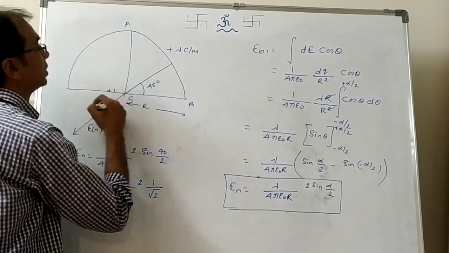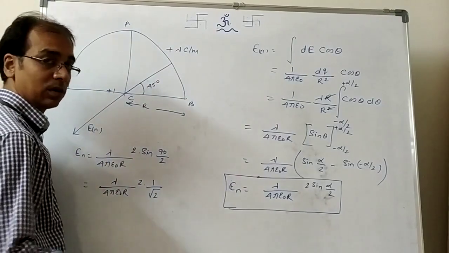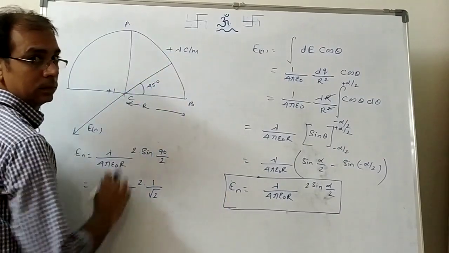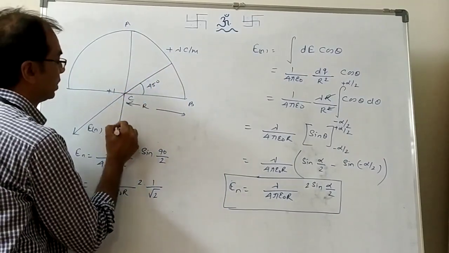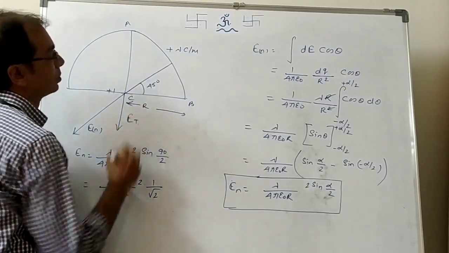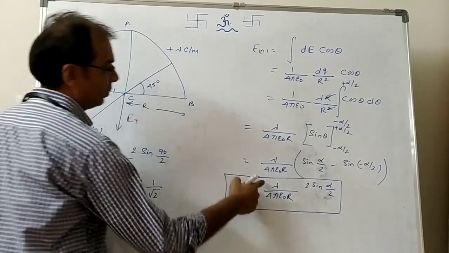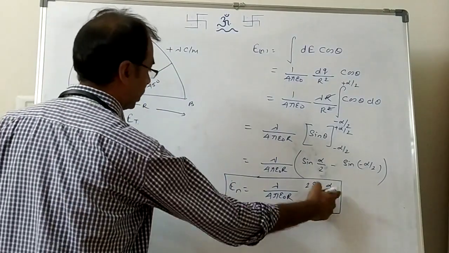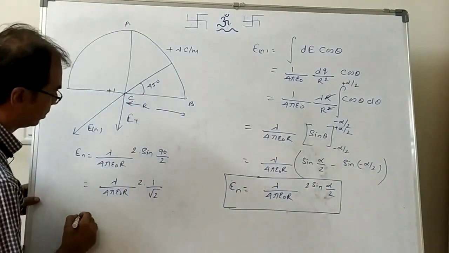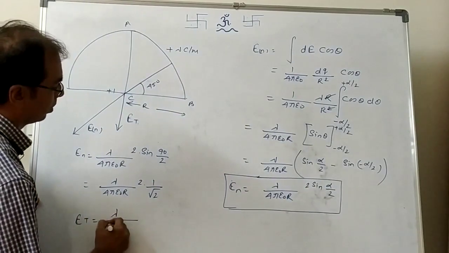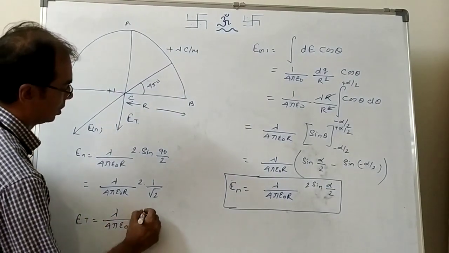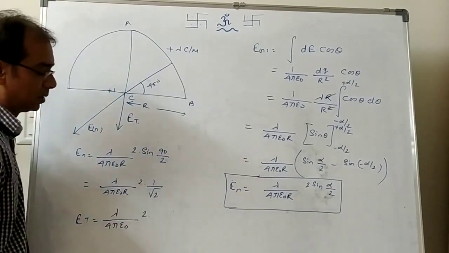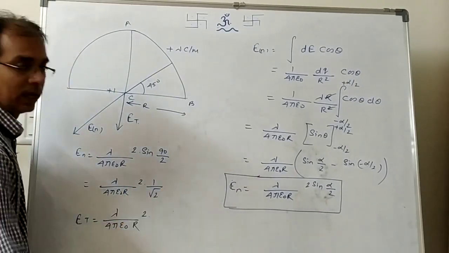Same way, suppose this is a full ring, rather a semicircular ring. In a semicircular ring, what will happen? Where will the electric field direction be? Now this is the bisector. Right? So the direction will be this. Okay, then what do we have to do? Same formula. Here we have to write what? 180 degrees. Right? So you'll be writing 180 degrees. So see, E net will be lambda by 4 pi epsilon naught r times 2 sine 180 by 2. That means sine 90, that means 1. This is the answer.